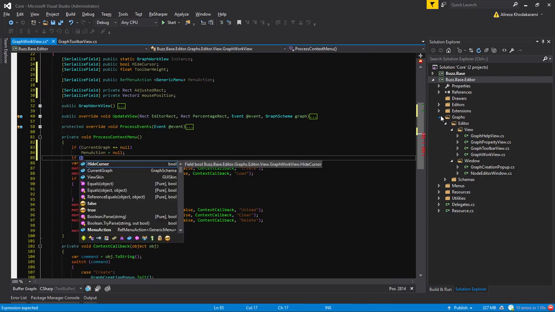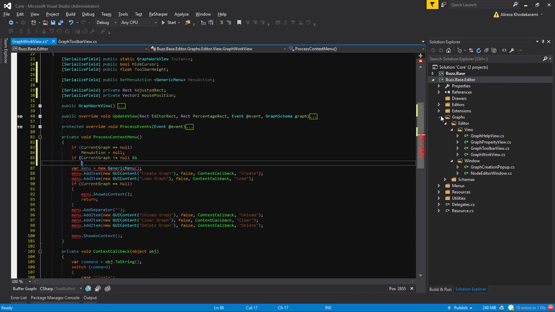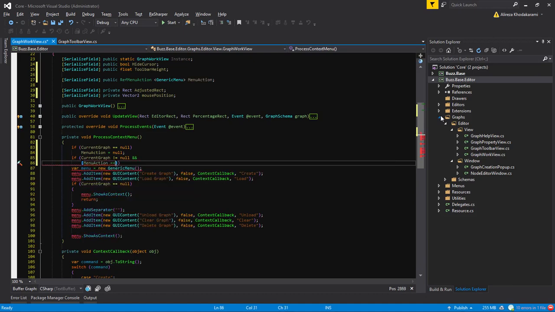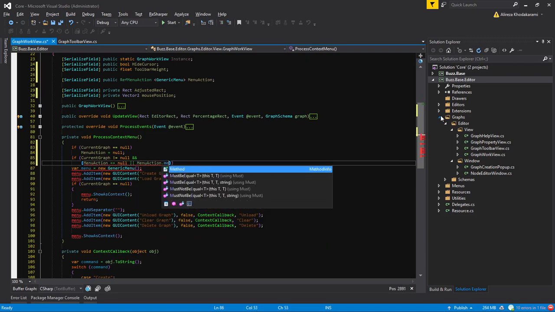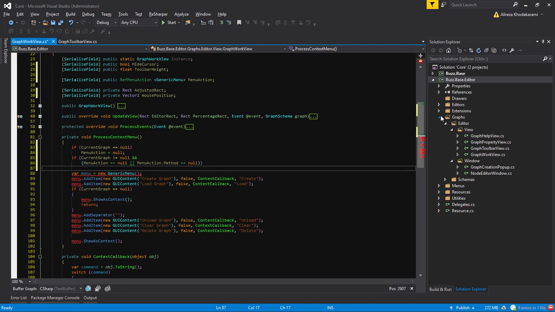If current graph does not equal null, and one of the two conditions, menu action equals null, or menu action dot methods, this is the list of the methods, equals null, then we say current graph